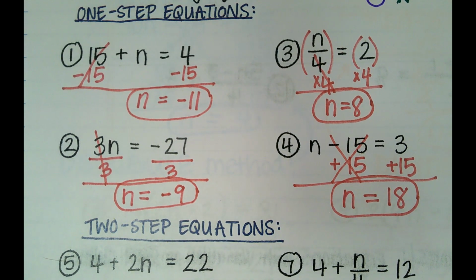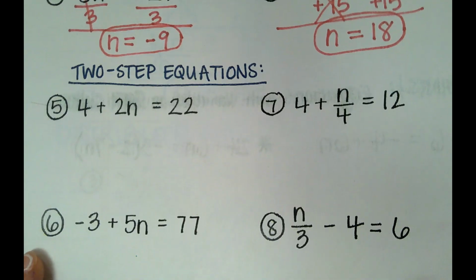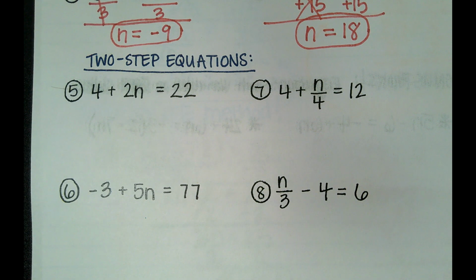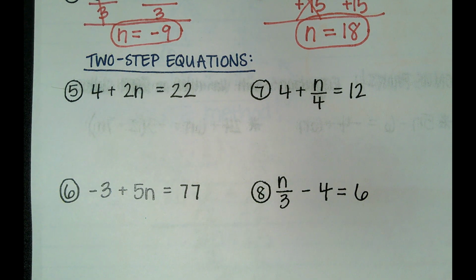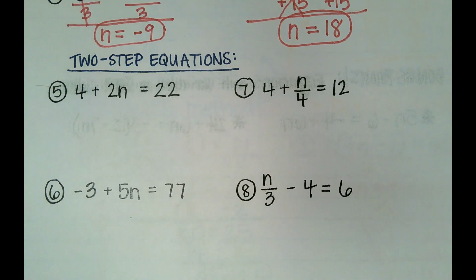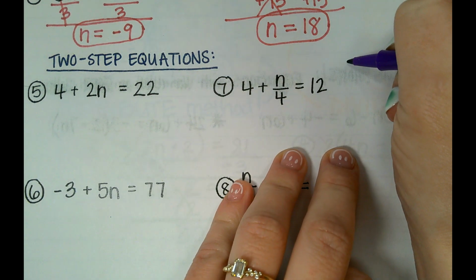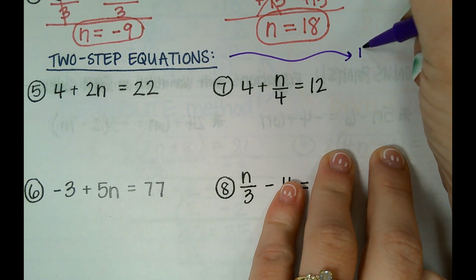Okay. Next section, we have two-step equations. Now these two-step equations I put in a section so we don't mix anything up. These are all going to be done addition and subtraction first, then multiplication and division, because we're doing the opposite. If you want to write a little note out to the side again, if you think that'll help you, do it. So we could say first,